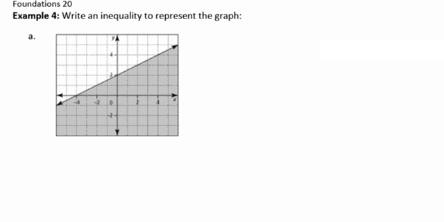So the first thing we want to do is try to identify what's our slope, what's our y-intercept, so we can get it into the y equals mx plus b form. And then identify what our inequality is based on which side of the line was shaded. Is it a solid line, so I'll have an equals with it, or is it dotted, so it'll only be greater than or less than. So in this form, y equals mx plus b,